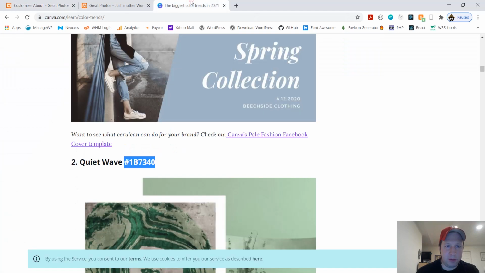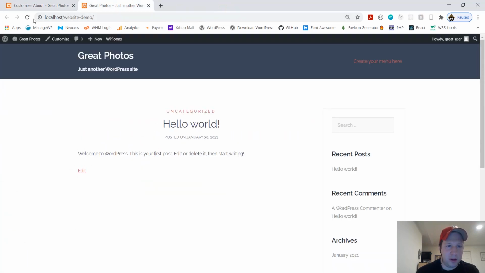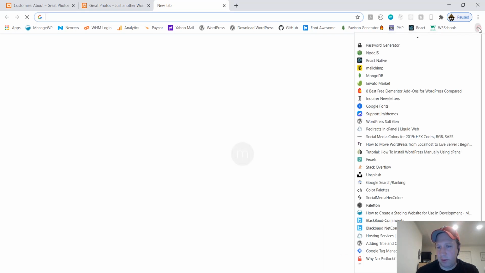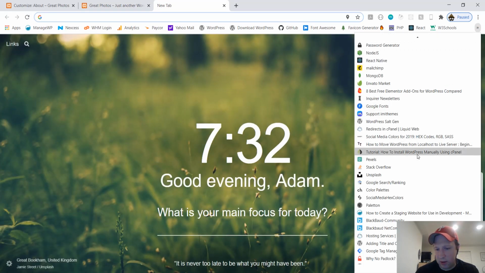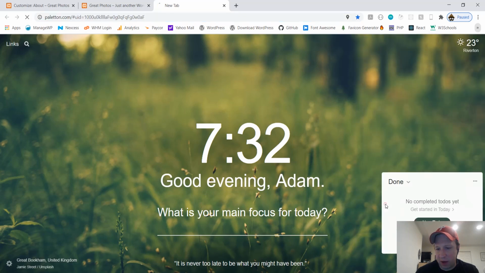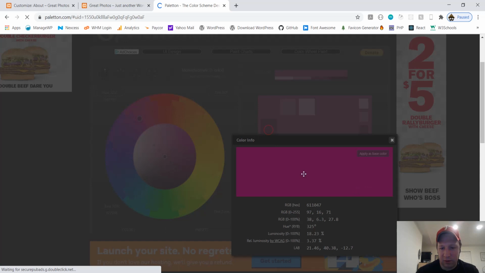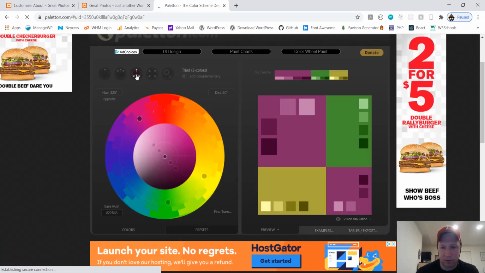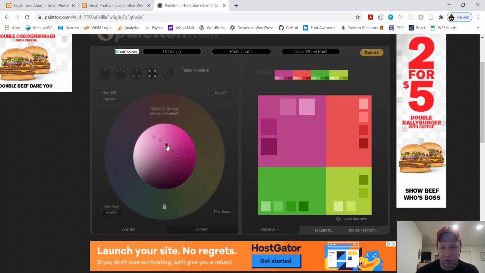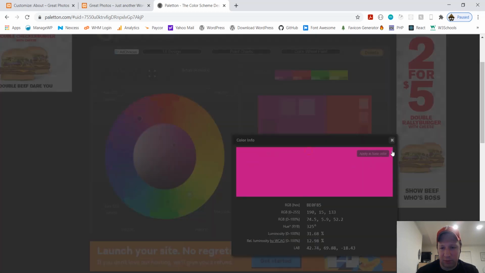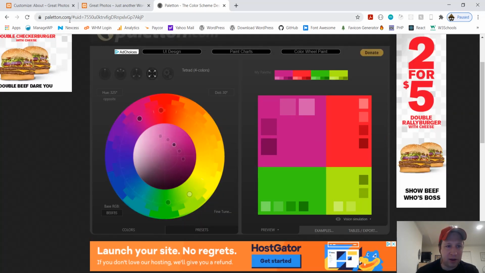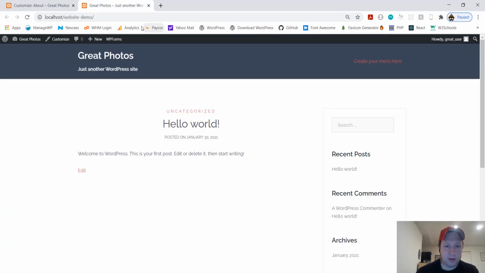Whoops. Let me close that. Oh, real quick, I'll show you this other thing that I use. Peloton. So if you have a color in mind, like say you want to use purple, this just gives you a color scheme to follow, right? So it gives you all the colors. You could pick 3 colors. You could pick 3 close colors, 4 colors, and it just gives you. It's an old artist thing. It just gives you color schemes to go by. So that's something. Peloton.com. Okay, I'll leave that in the description as well. That's just a nice little thing. Okay, let me refresh.